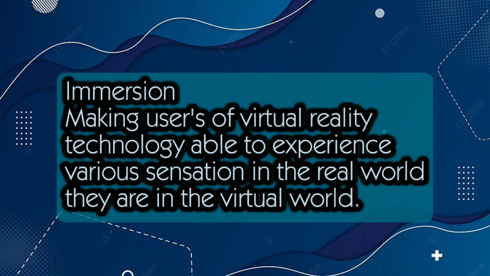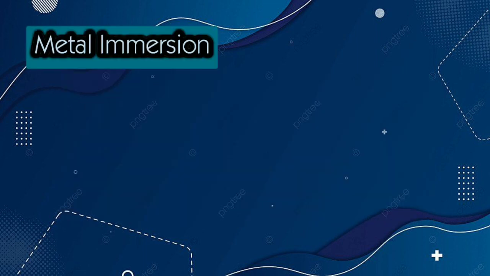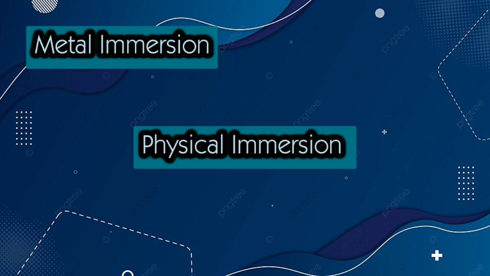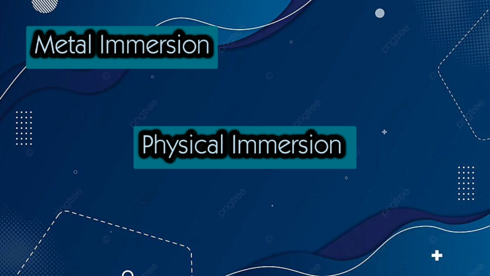Immersion. Making users of virtual reality technology able to experience various sensations as in the real world when they are in the virtual world. Immersion is divided into 3 types. First one is mental immersion. Mental immersion makes the user feel like they are in real life, even though they are in the virtual world. And secondly, there is physical immersion. Physical immersion makes the user feel that they are physically in the virtual world atmosphere. And last one, there is sensory immersion, making the user feel the sensation of